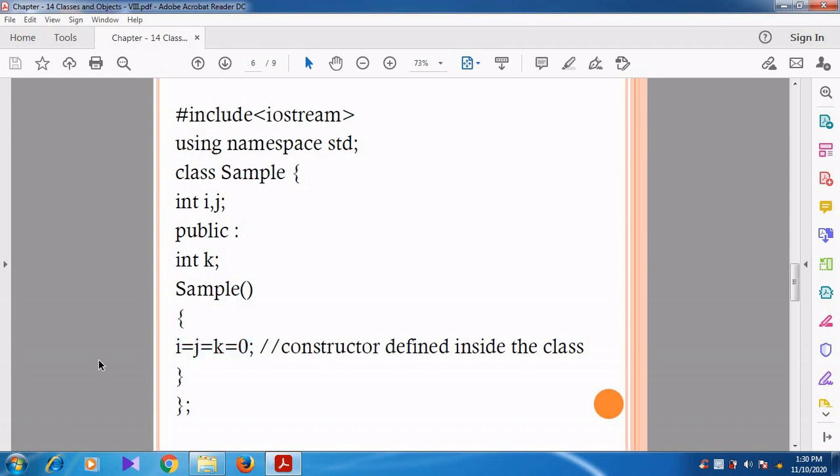You cannot give some other values like 1, 2, 3; you cannot give any other value. We can initialize all the data members to 0. That is the initialization that can be done inside the constructor. Can you understand, students? The constructor is able to initialize the data members. No other initialization is permitted except 0. The data members can be initialized only to 0.